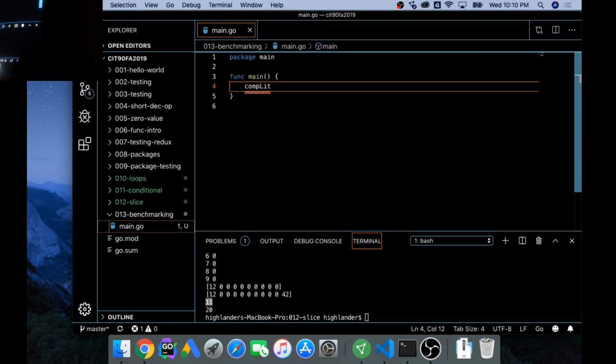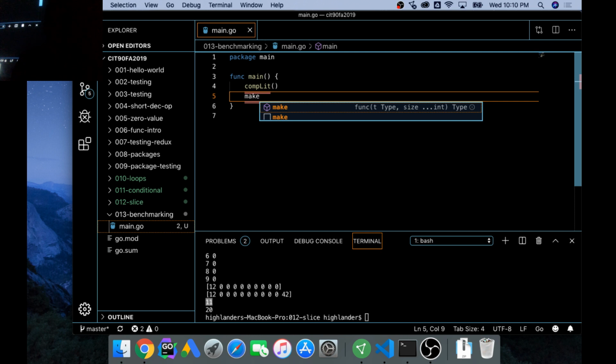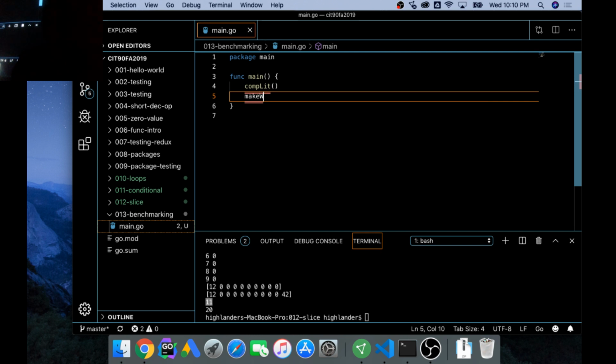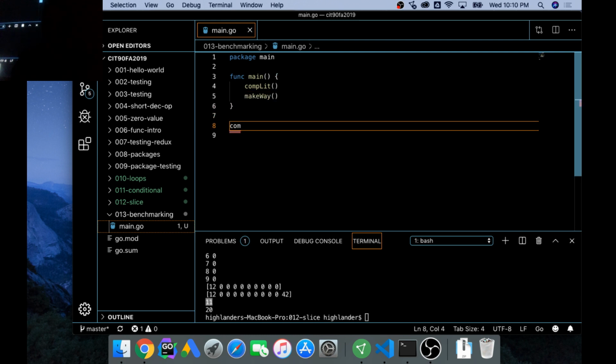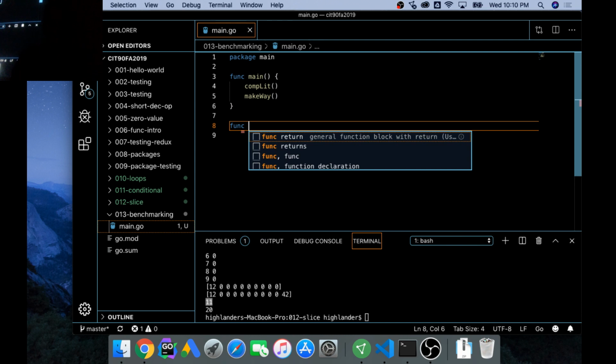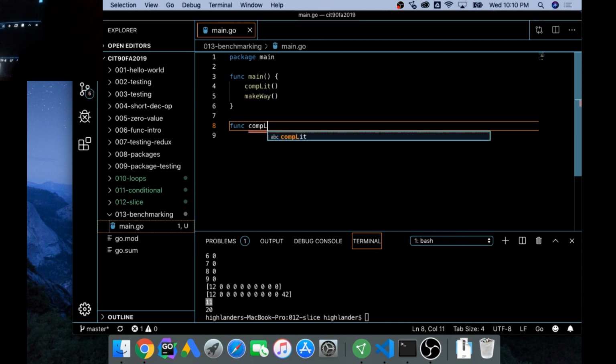One function will be complit, composite literal. Another one will be make way. I can't use make because it's a keyword. And so for func complit composite literal,